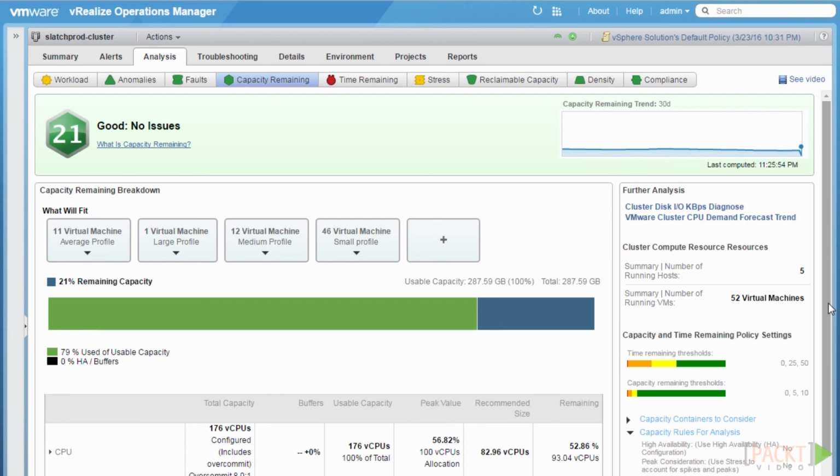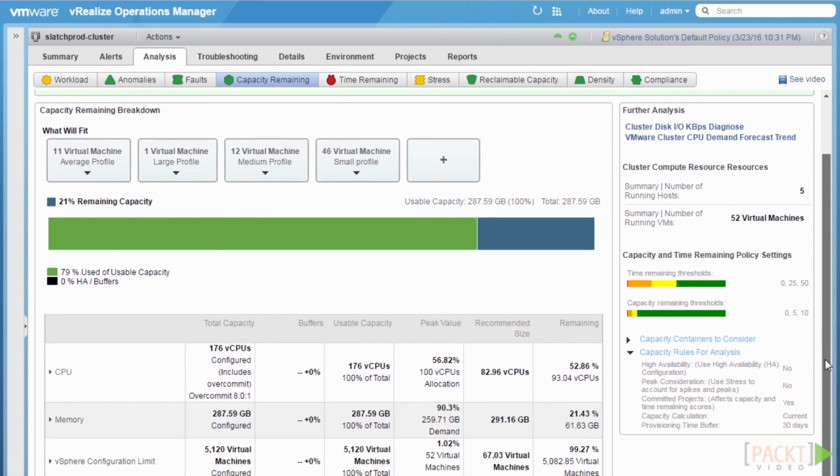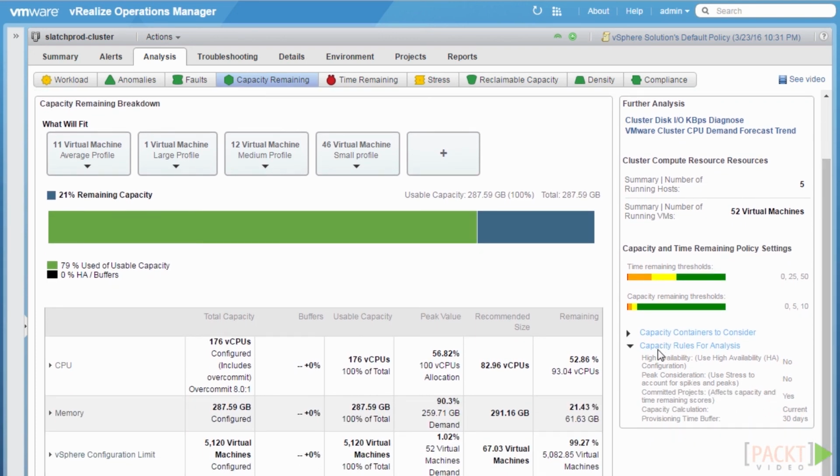If we have a look at vRealize Operations Manager, there are settings to take this into account. First of all, there are capacity rules and policy assigned to configure this, which we'll go through in just a minute, and there's also a buffers section. The buffers in vSphere HA essentially remove capacity from the total capacity and then give a more realistic idea of how much remaining capacity you have. This can be figured quite simply under the default section policy. For example,